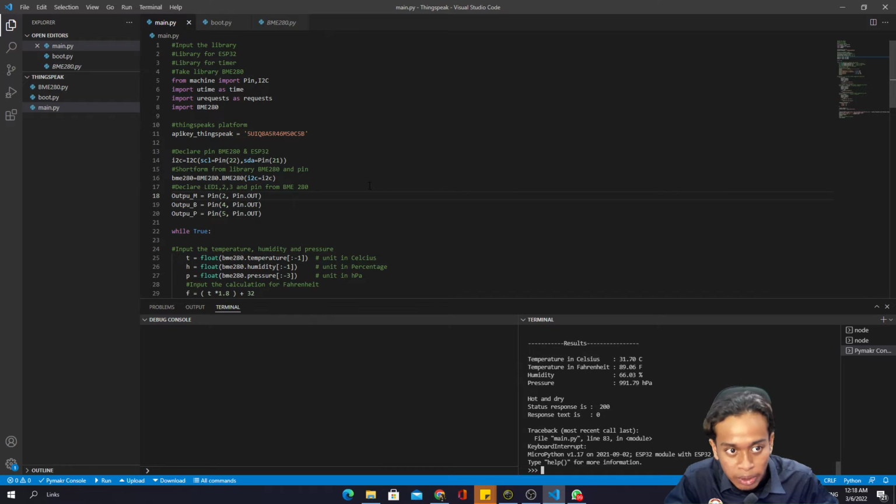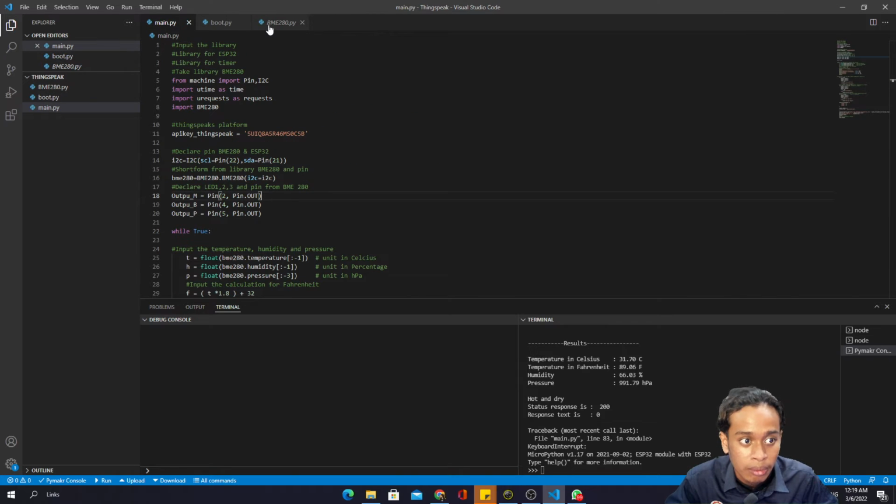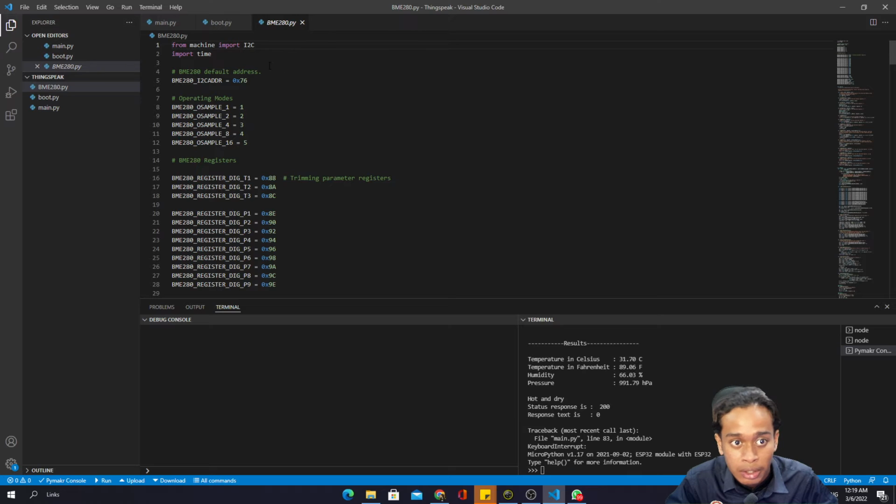Okay, I want to explain about how to use the THINGSPEAK platform to get temperature, humidity, and pressure in ESP32 with BME280. So first thing first, I use the PY file to get my network, that is my SSID name and my password. So I include the file BEB34303 data, and